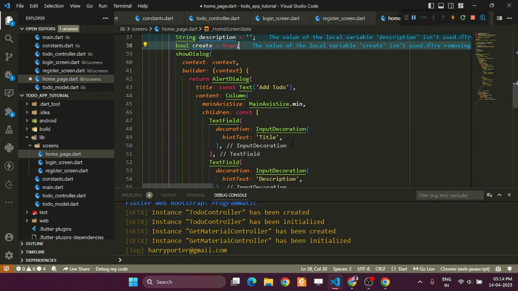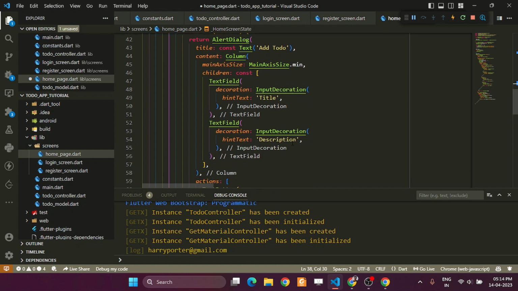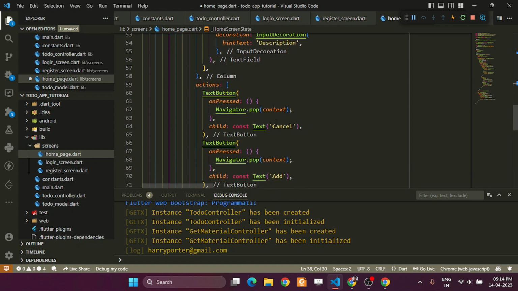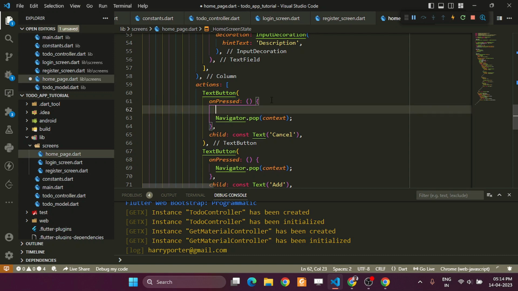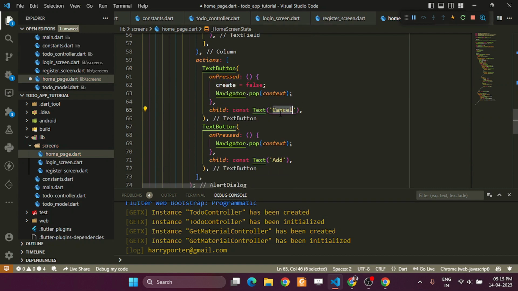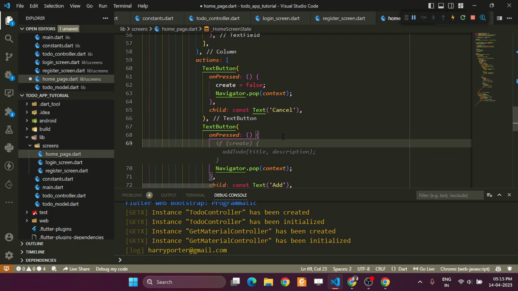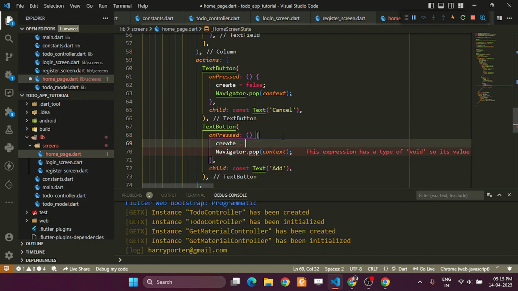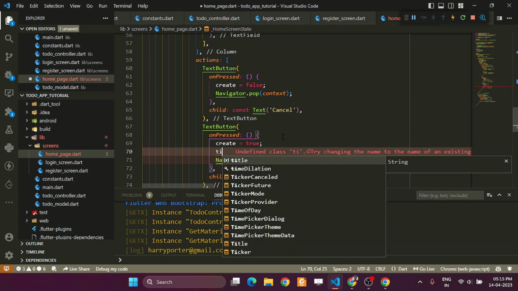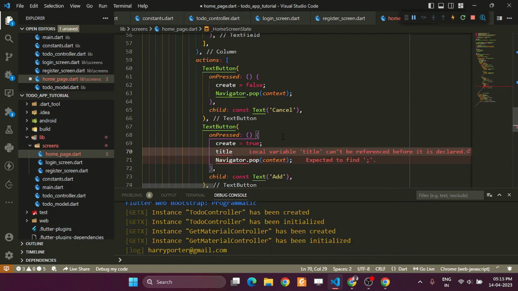When the user presses that no, he does not want to create it, we want to set create equals false. Okay, if the user presses cancel. But if the user wants to create, we are going to say create equals true,